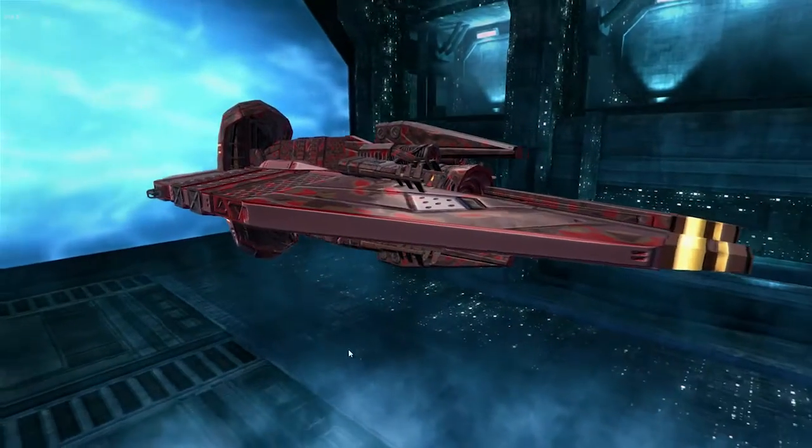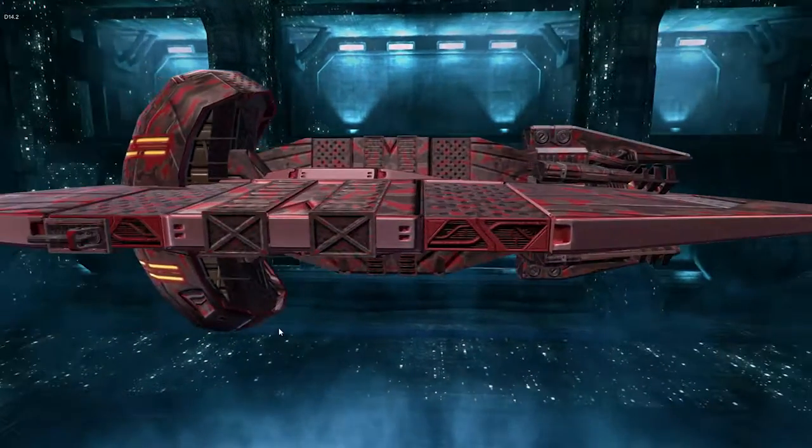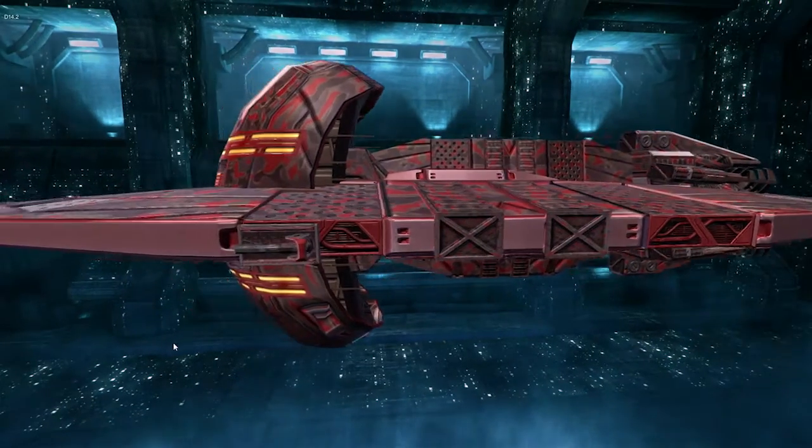So yeah, so that's a basic ship, and I will show you how you fly it next, but for now